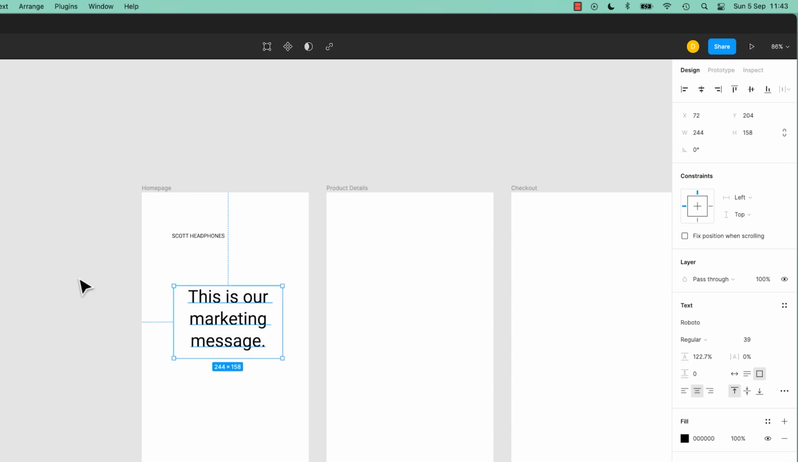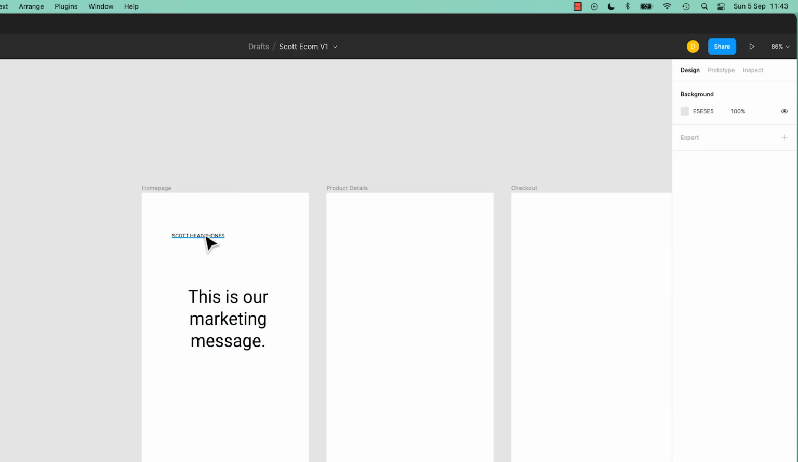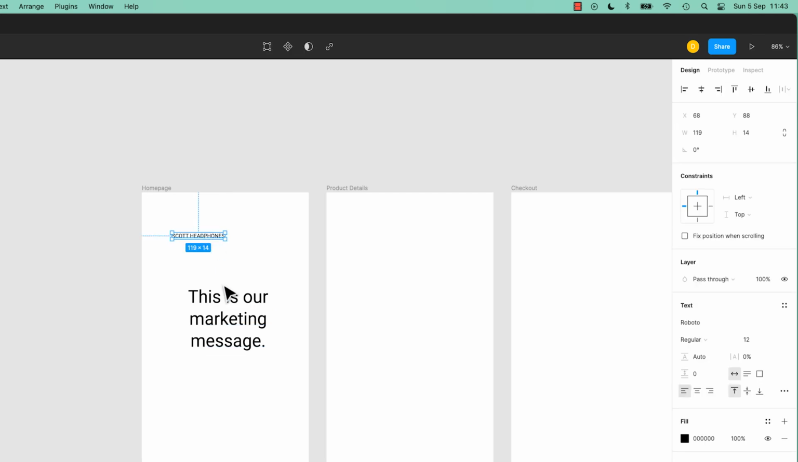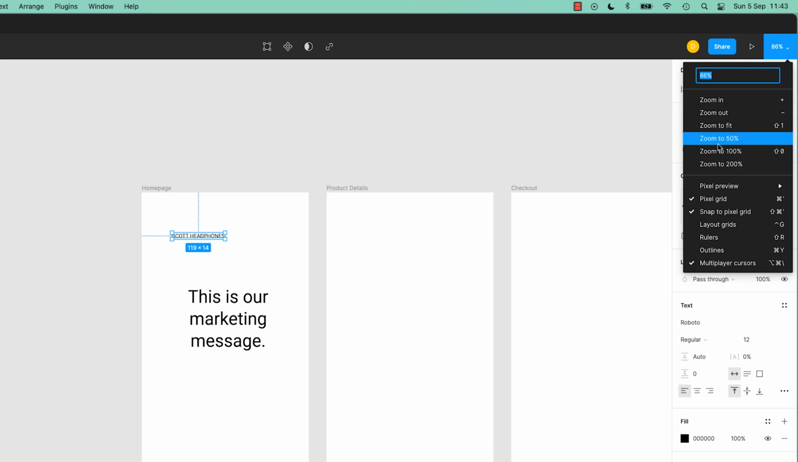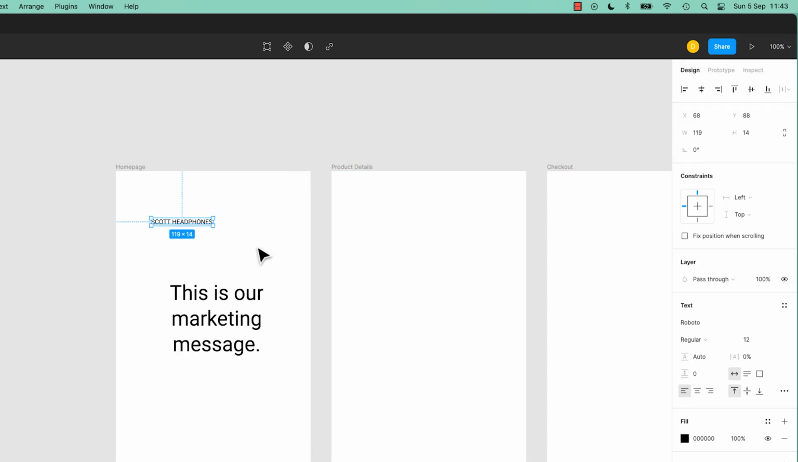Now, when it comes to fonts here, there's a couple of things. We are picking font sizes now. You've got to really be at 100%. At the moment, we're at 86. You might be at 100. But if you're picking font size, you've got to try and pick a font size at 100%. You don't want to be trying to pick a font size when you zoom right out because you can